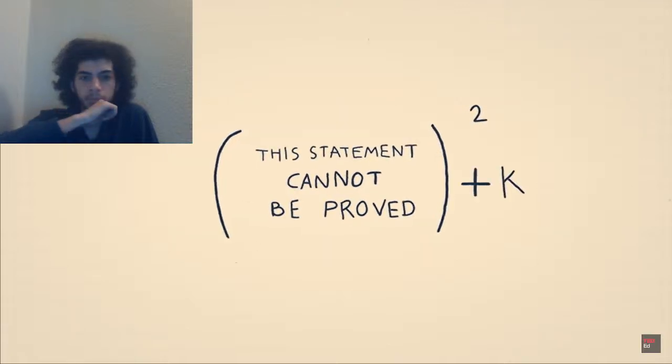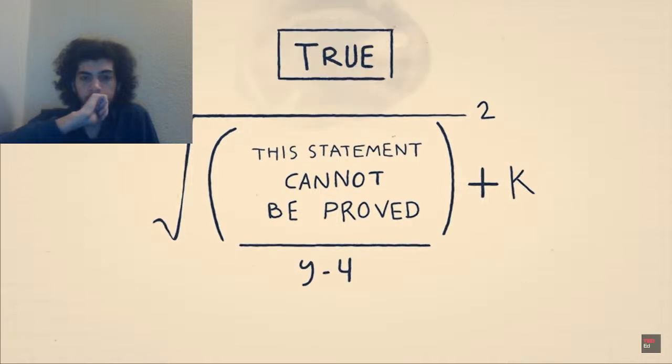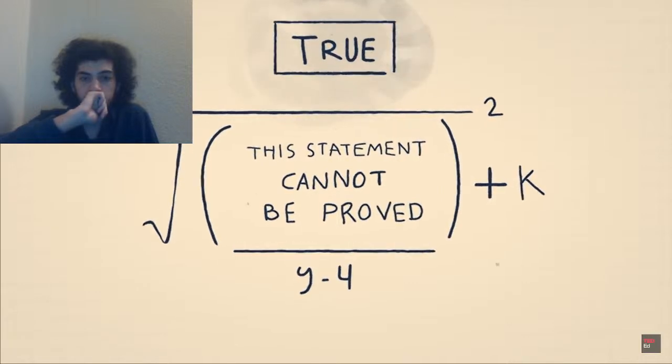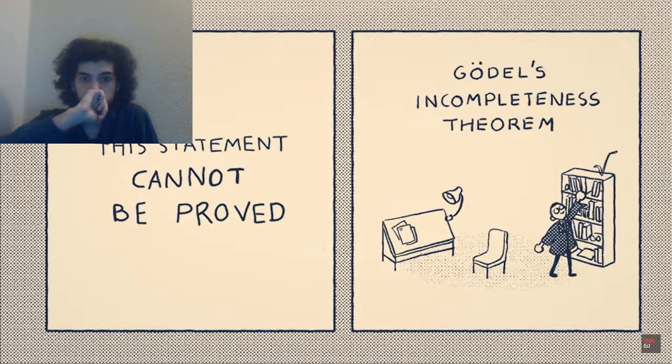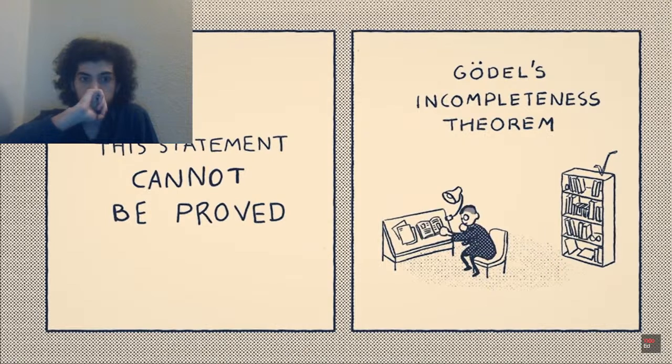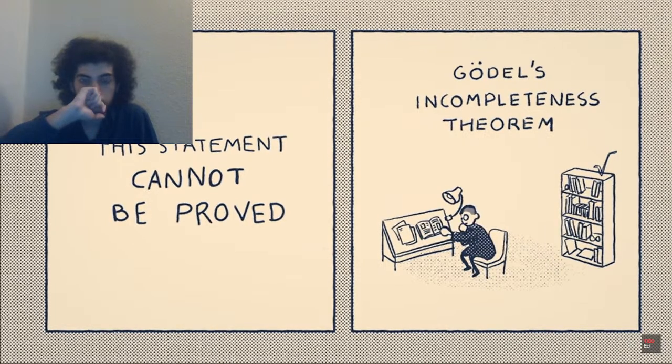Yet this result is even more surprising because it means we now have a true equation of mathematics that asserts it cannot be proved. This revelation is at the heart of Gödel's incompleteness theorem, which introduces an entirely new class